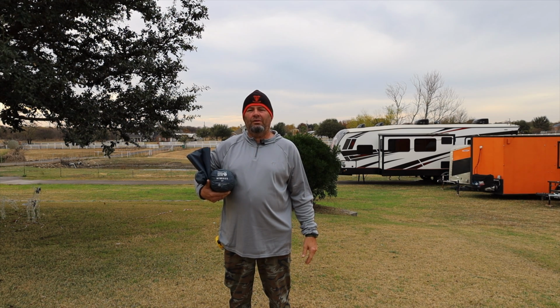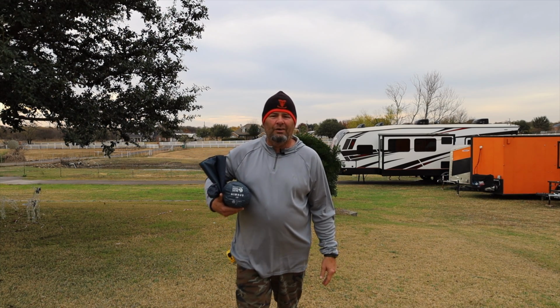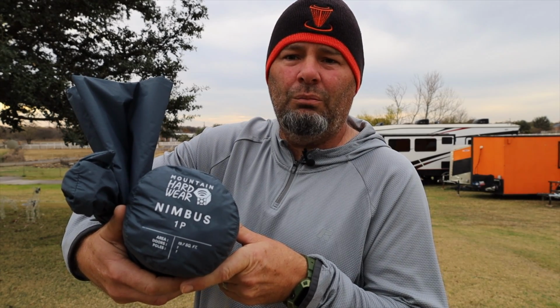I'm Colonel Lee. Today we're taking a look at a new tent. This is an ultralight one-person tent from Mountain Hardwear. So this is the Mountain Hardwear Nimbus Ultralight one-person. So what you see here is the tent,